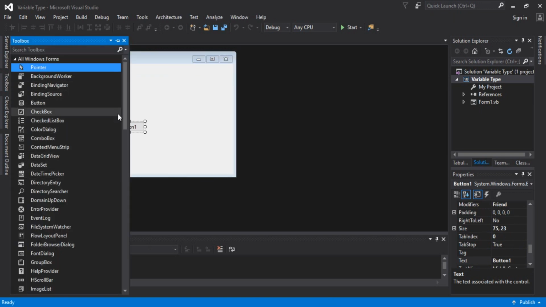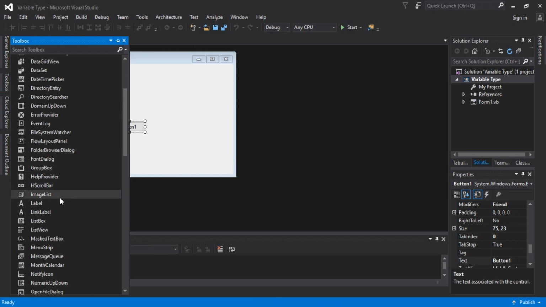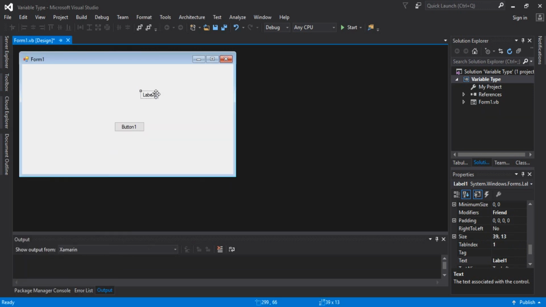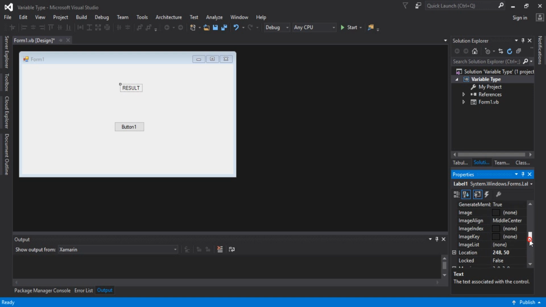So we can see the result later after we learn about variable types. This label is Label1 that I will name result guys, and the font I will change to